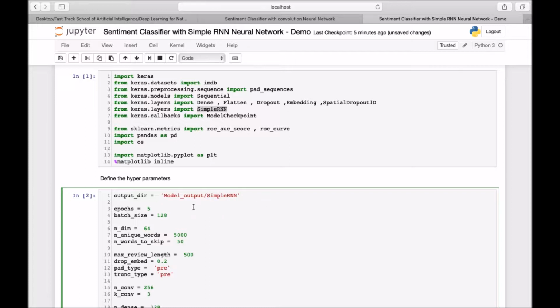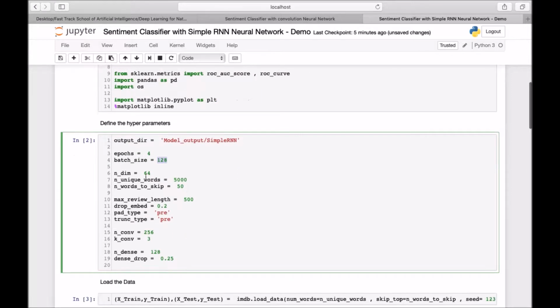All right. So we are going to execute for 4 epochs here. We are going to take the batch size of 128. We'll represent each and every word in a 64 dimensional vector space. These are the parameters for our embedding layers. We'll have the total number of 5,000 unique words in